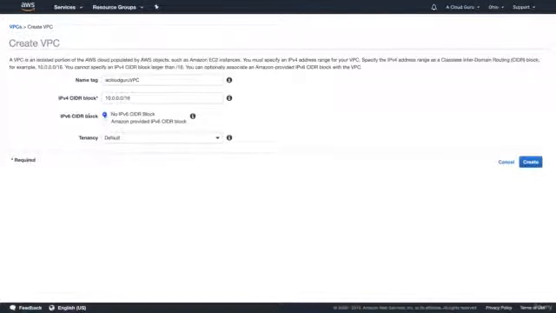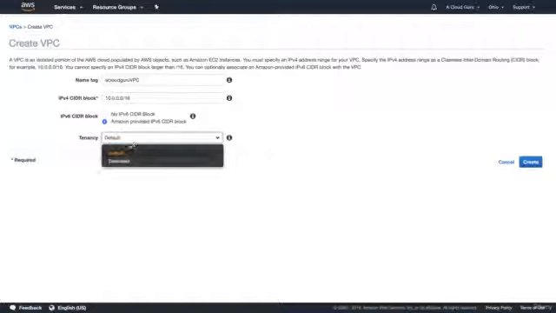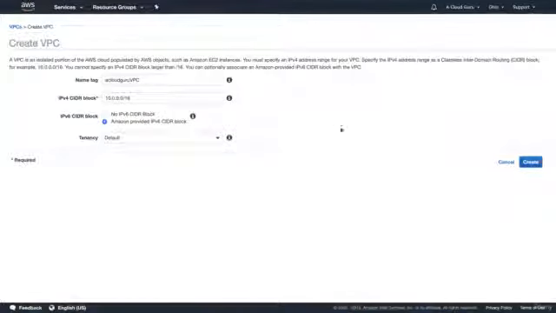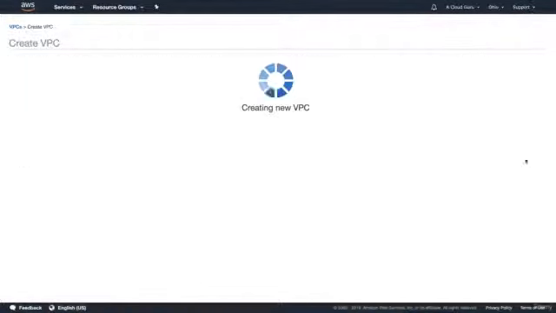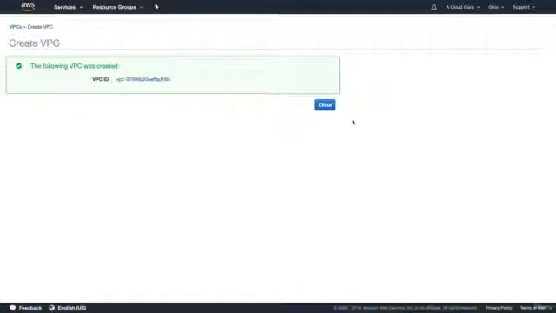And in here, we can also do an IPv6 CIDR block. That's entirely up to you. I am going to use the Amazon provided IPv6 just so we can see some options later. And in here, we've got our tenancy. So if we want everything to be on dedicated hardware, we would click on dedicated. That is going to cost you a fortune though. I'm going to use the default, which is multi-tenant. So we are sharing our underlying hardware with other AWS customers. What I'm going to do is go ahead and hit create,